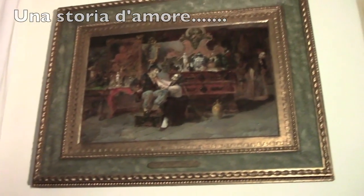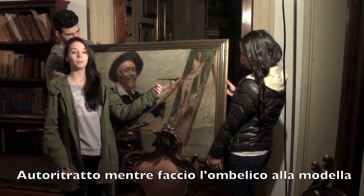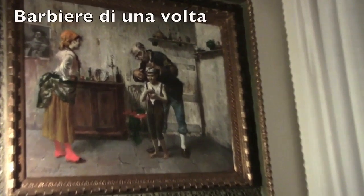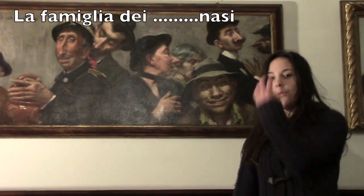And now a love story. Another couple of lovers in an antique shop. A self-portrait of the painter painting the model's belly button. An old-style barber. A family of noses. The romantic garden